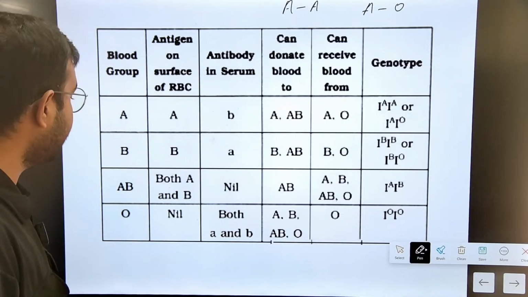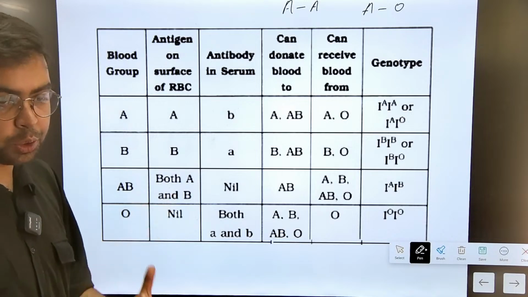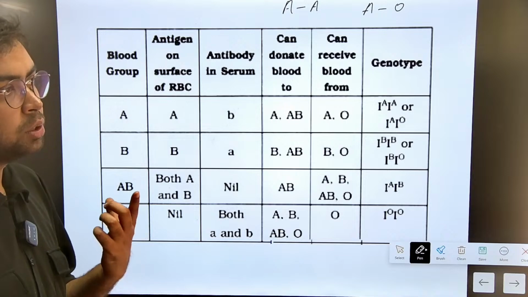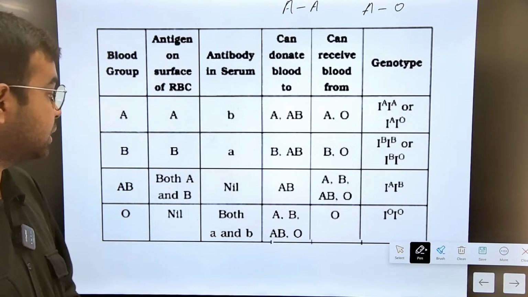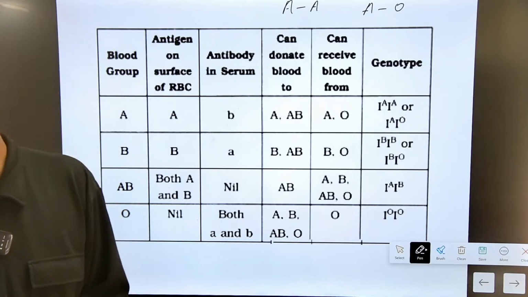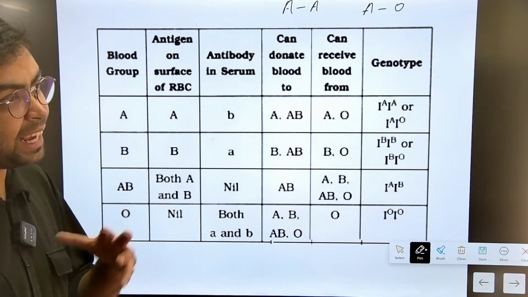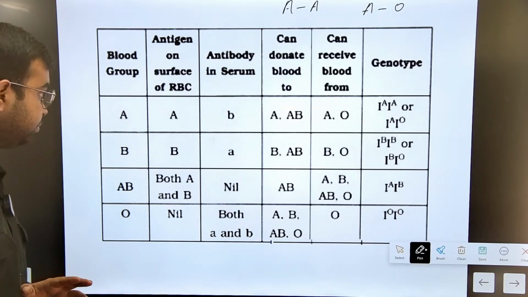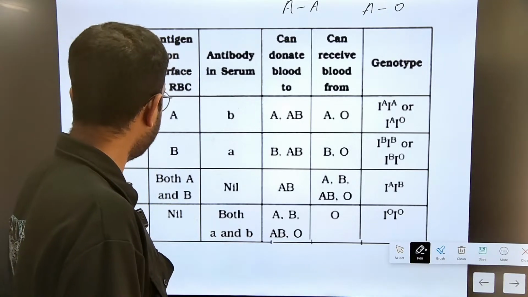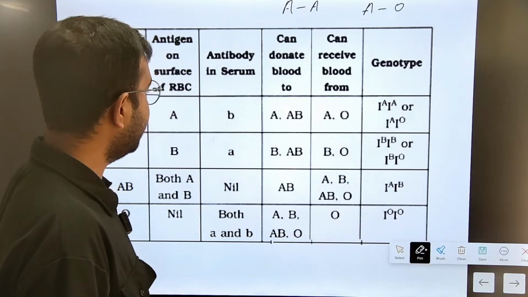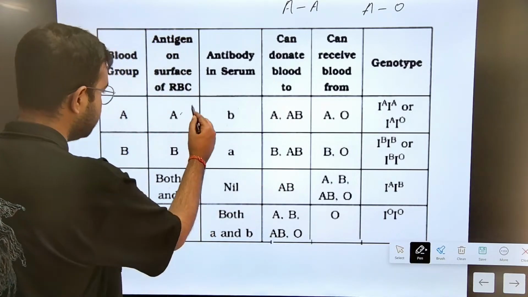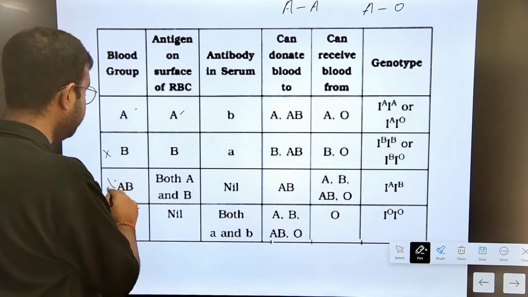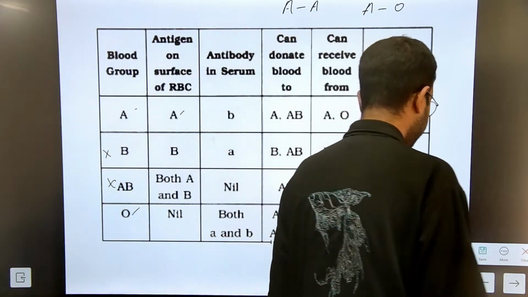There is a saying that O is a universal donor. O blood group people are universal donors. Why? Because O वाले किसी को भी blood donate कर सकते हैं and AB blood group वाले they are known as universal recipients. Why? Because they can take blood from anyone. ठीक है? So as a result of that, what we can say is that a person with A blood group can get blood from someone with a blood group of A also and someone from a blood group of O also. B and AB they cannot take because of the difference in antigens.